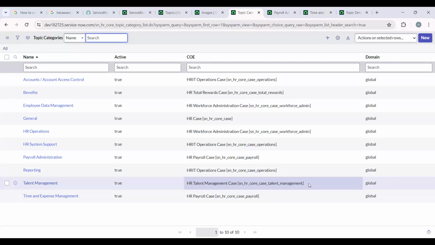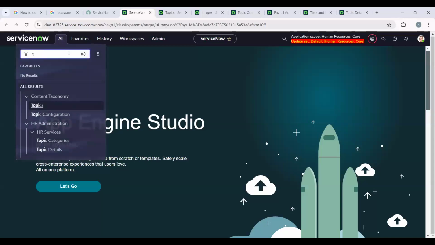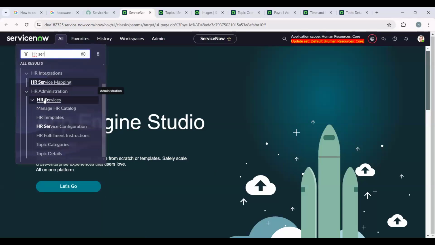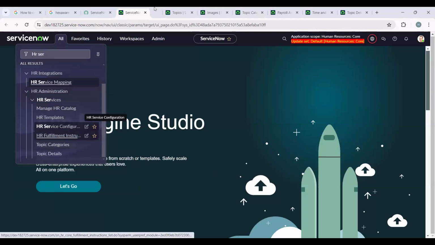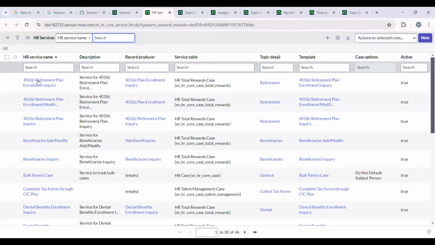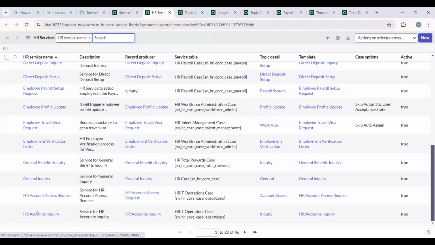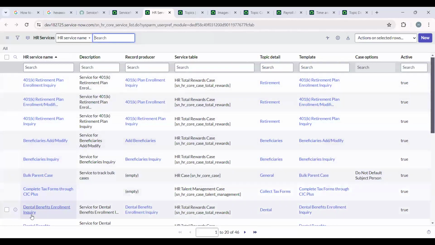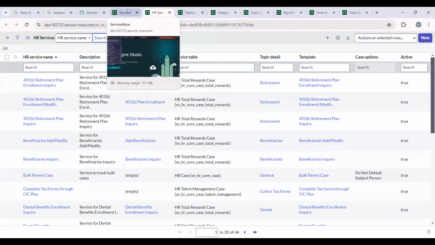So where do we make use of this topic category and topic detail? To create the HR services. Now under HR administration, if you see, there is HR services, manage HR catalog, HR template, HR service configuration. Here only we are going to work. Here we have multiple others, like record producers, or you can see service catalogs. For example,